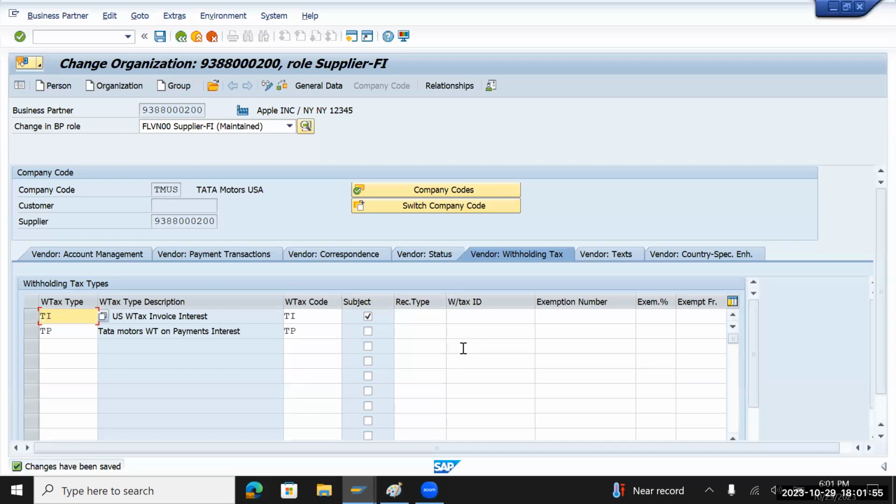And we also give the option, something like, I will show you. Let's say there are a few scenarios we come across in real scenarios. So the client says that you select both in the master data, but at the time of making a transaction or invoice, I will decide whether I am going to pay at the time of invoice or payment. So you can select both like this. Now go to